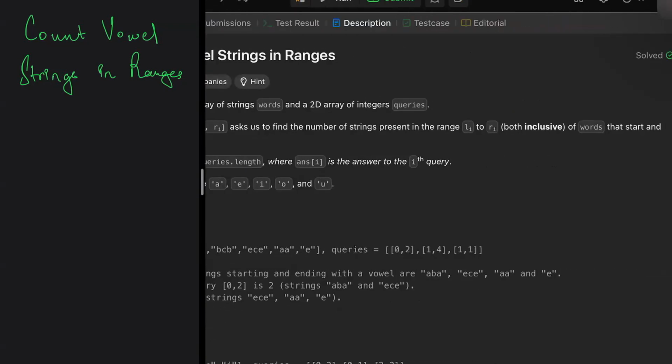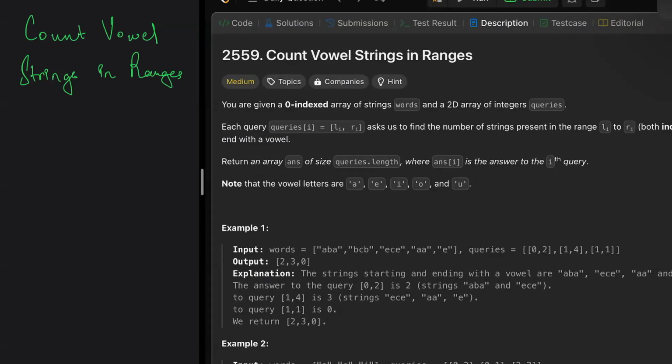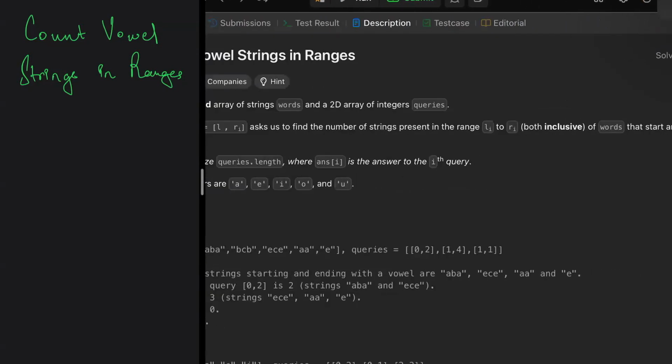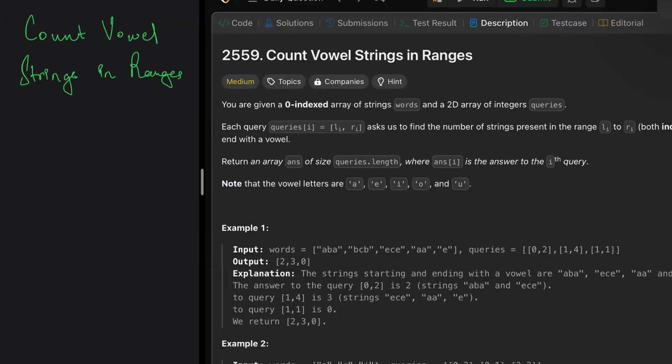For example, if you see ABA, right? In ABA, we have A, which is a vowel, and A, which is a vowel as well. B is not a vowel, but the string starts and ends with a vowel. So this string is valid, and we can consider it. So when we ask how many of them between 0 and 2 follow that property of starting and ending with a vowel,